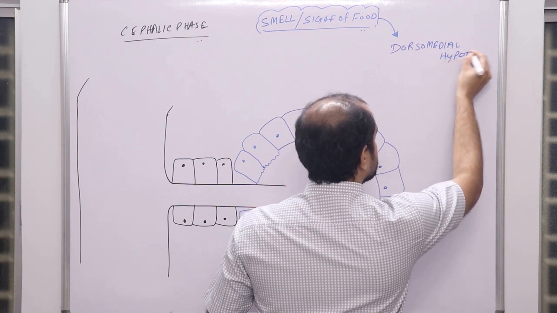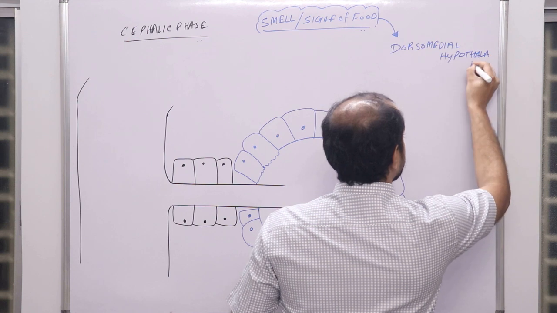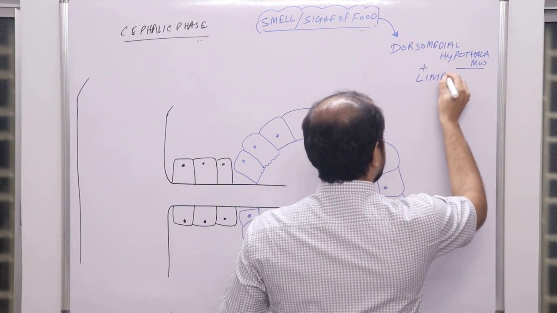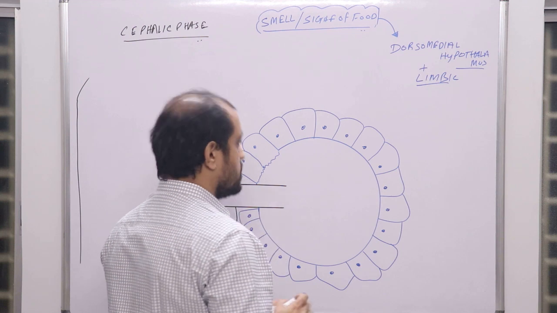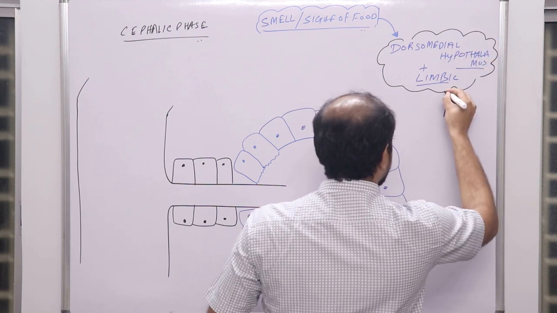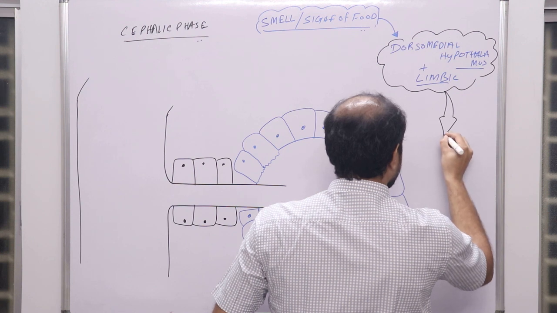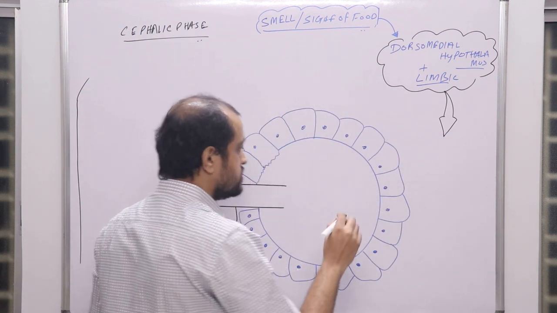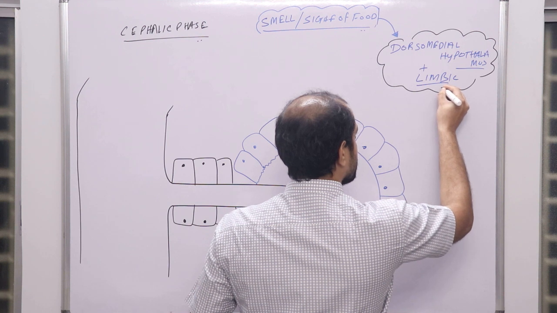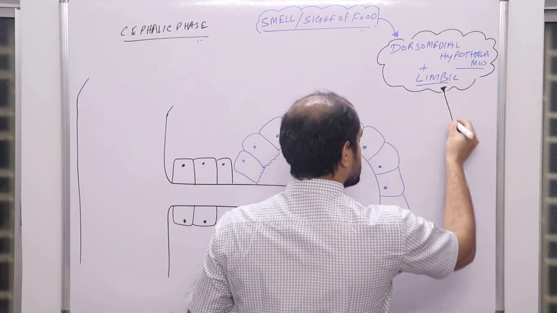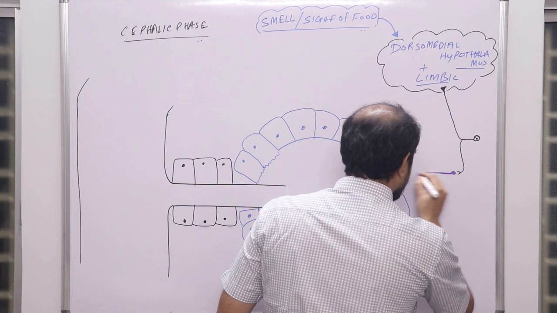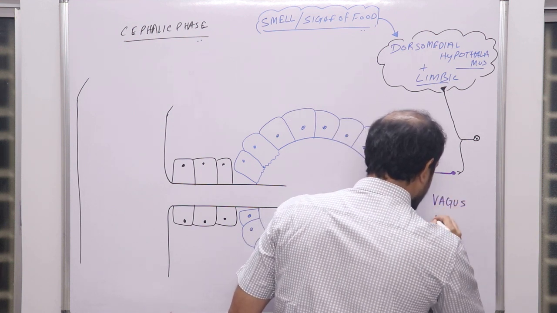and this was first proven in dogs. Okay, dorsomedial hypothalamus plus limbic area and all these things. Now when the dorsomedial hypothalamus and limbic area are active, they send efferent projections by the help of the vagus nerve. Okay,